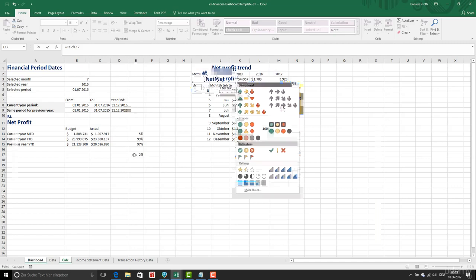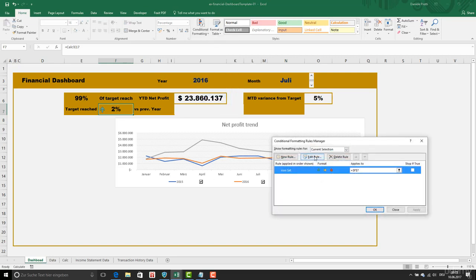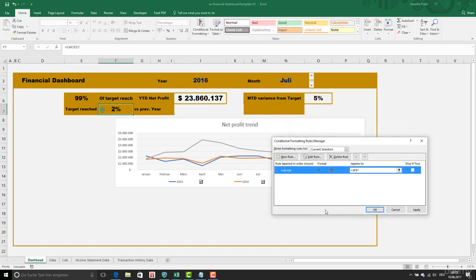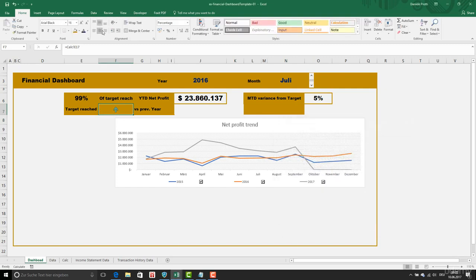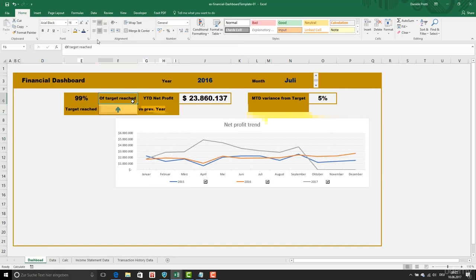Formatting icon, this one, and I'm going to format this, edit. Here is no icon, here is 0. Show icon only. Okay, format cells, conditional formatting. Format cells. Okay, here we are. Okay, good. So if I'm going to change this,